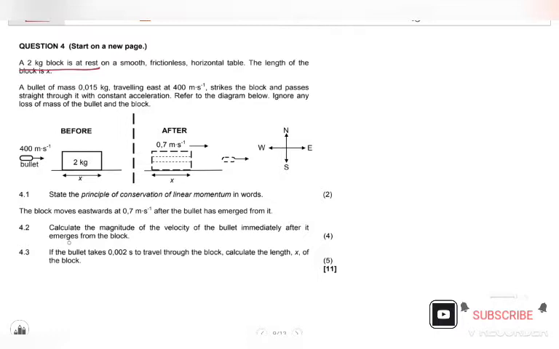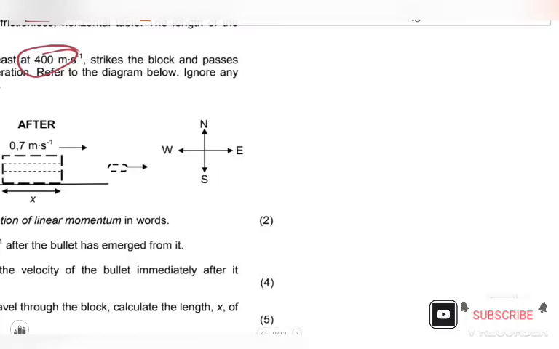Okay, so it says a bullet of mass 0.015 kg traveling east strikes the block and passes straight through it with constant acceleration. Refer to the diagram below. Ignore any loss of mass of the bullet and the block. Okay, so it says state the principle of conservation of linear momentum, and we know that